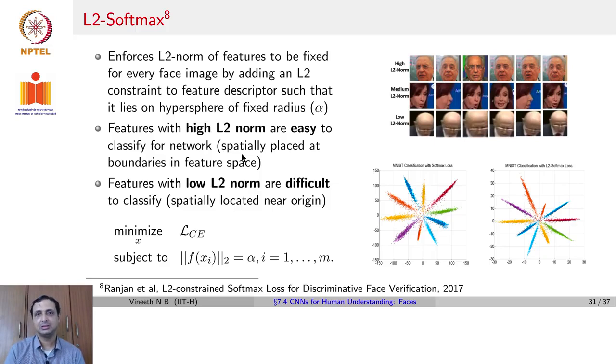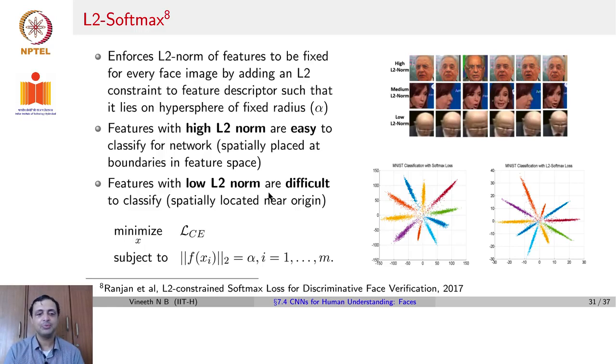The intuition behind this approach comes from their observation that features with high L2 norm are easy to classify, and features with low L2 norm, because they could be close to the origin, could be more difficult to classify. When it's closer to the origin, the points could look closer to each other. When the points have a high L2 norm, they are further away from the origin and hence could be separated